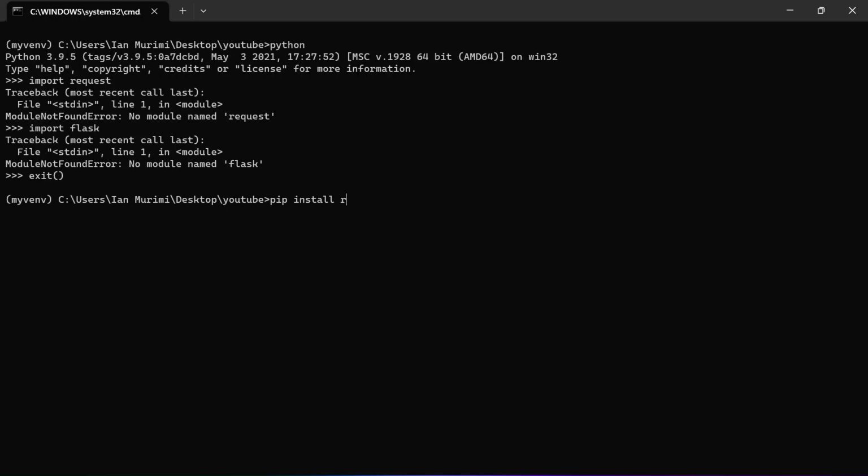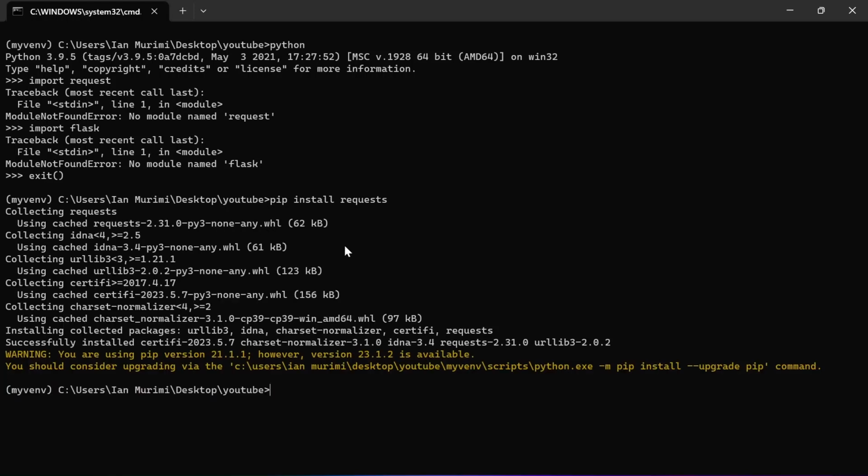Now to install these two packages, all you have to do is type pip install requests. Now the next one is Flask.